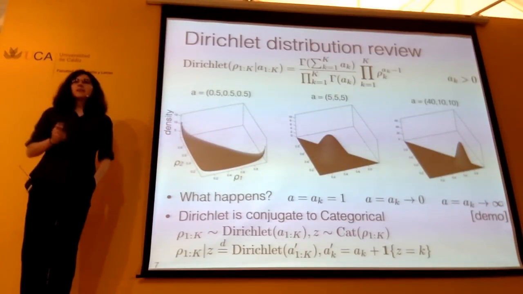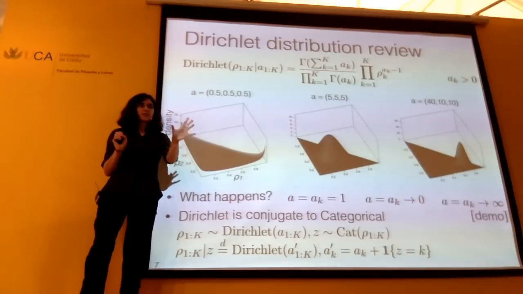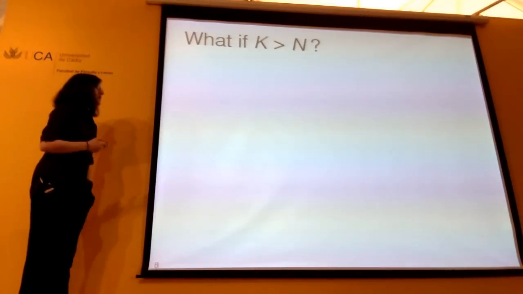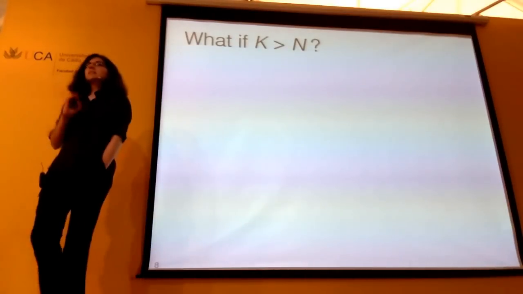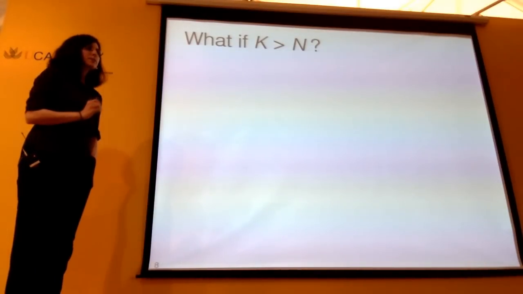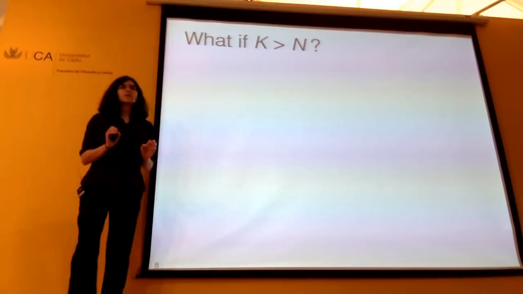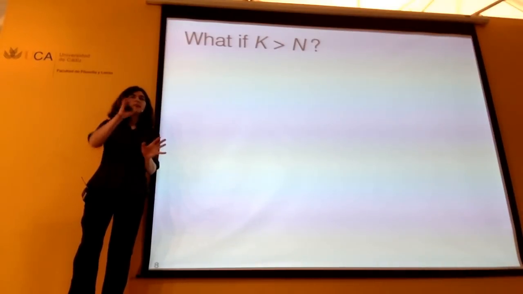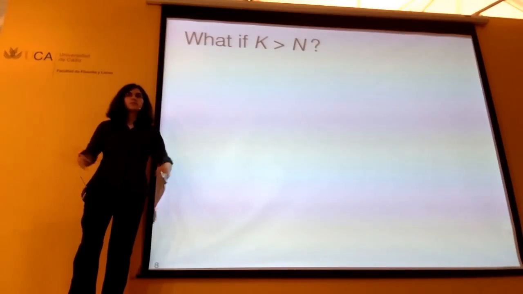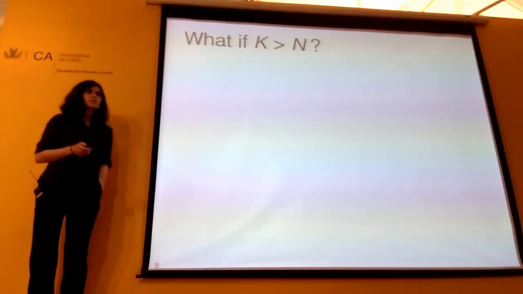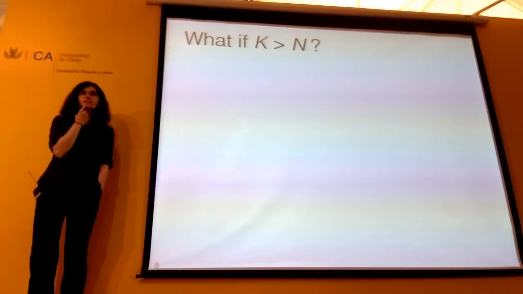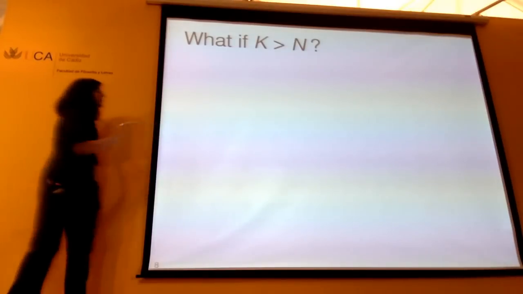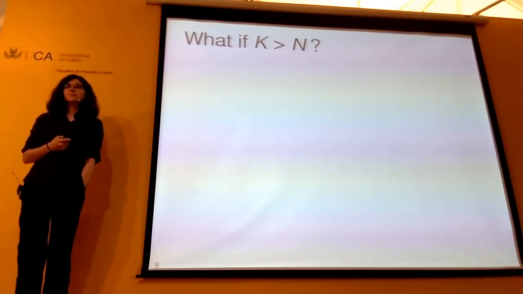But technically speaking, when I drew this cartoon where I had 3 clusters, like here's a cluster, here's a cluster, here's a cluster, I was kind of implicitly assuming something about K. Now let's think about K being greater than the number of data points. How would my cartoon change? What would be wrong about my cartoon where I have cluster 1 with some data points in it, cluster 2 with some data points in it, and another cluster with some data points in it, and all the clusters look like that? What would be wrong about that cartoon in this case? You wouldn't have points for all the clusters. Yes, exactly. There will be clusters that do not have points in them.